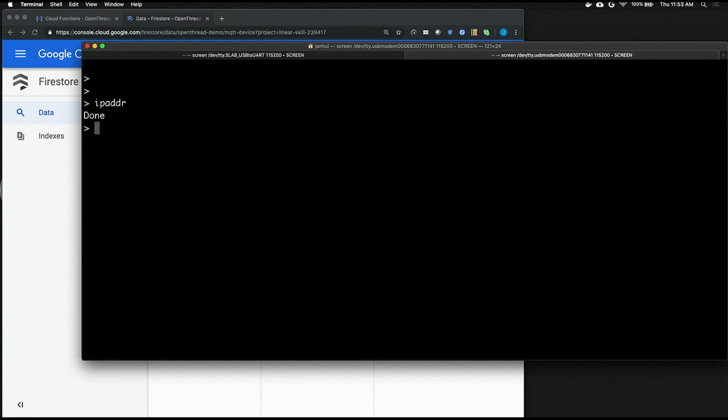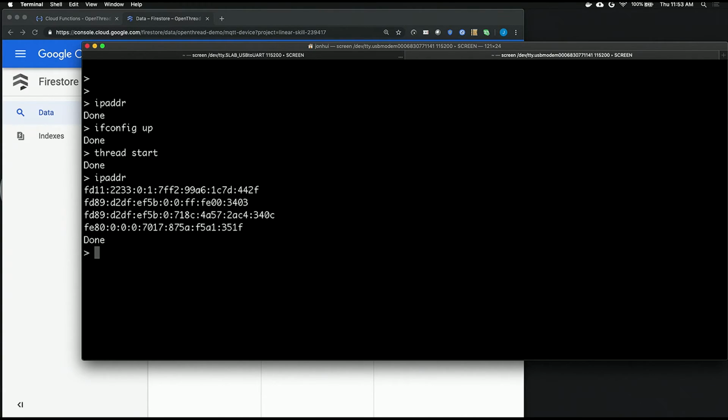Of course, nothing's listed yet because it's not connected. So if I bring the interface up and start the thread service, and wait a moment, you'll see now that it has IP addresses because it's now connected to the thread network and has obtained the necessary information to configure those IP addresses. And finally, I'll start the MQTT service.